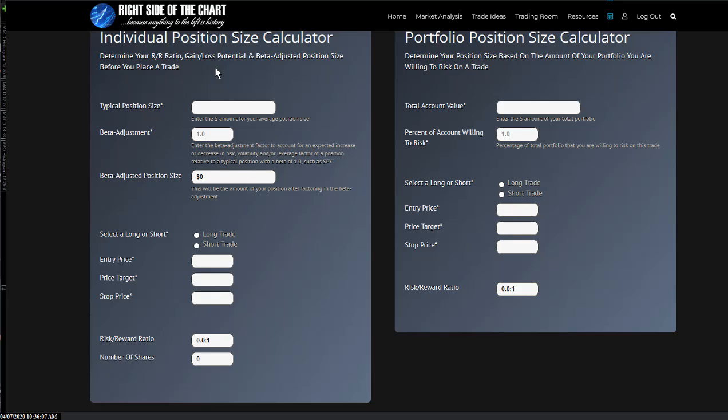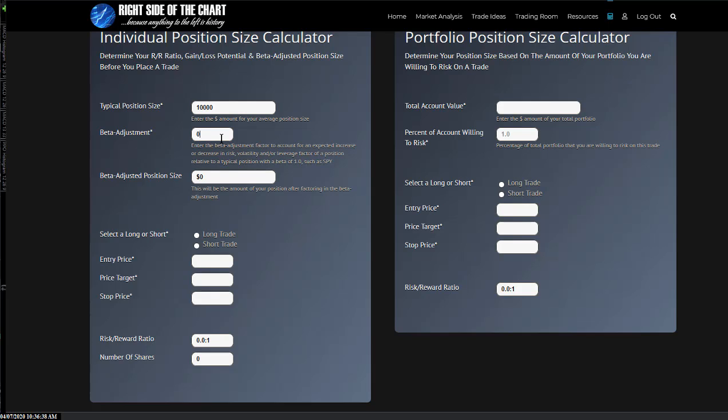Well, start out with, what do you typically trade? SPY is the broad market, the S&P 500, so usually a beta adjustment's based around that. So we're going to use this trade. Let's say you normally trade $10,000 in a position in a SPY or Apple or Amazon or something along those lines, large cap stocks that don't have a tremendous amount of risk, but yet move up and down with the market. Okay, so the beta adjustment for this trade was 1.0,